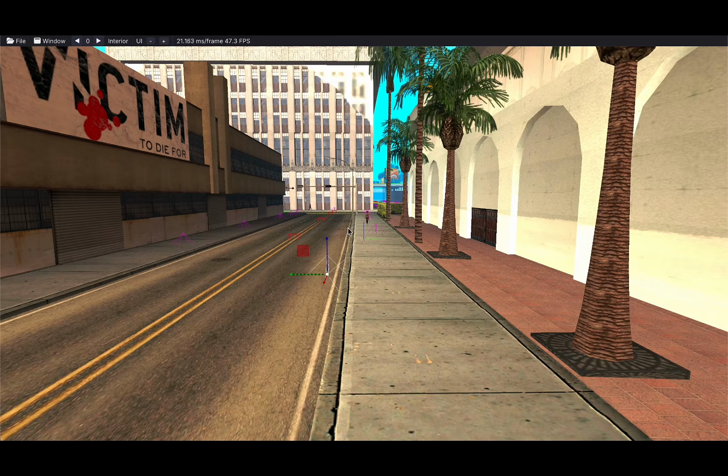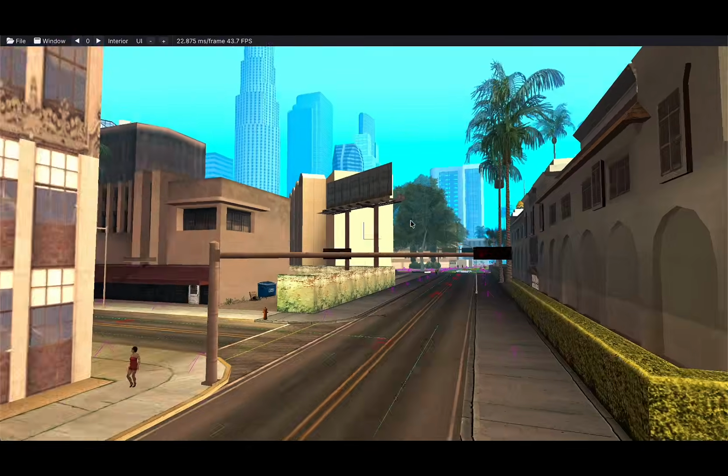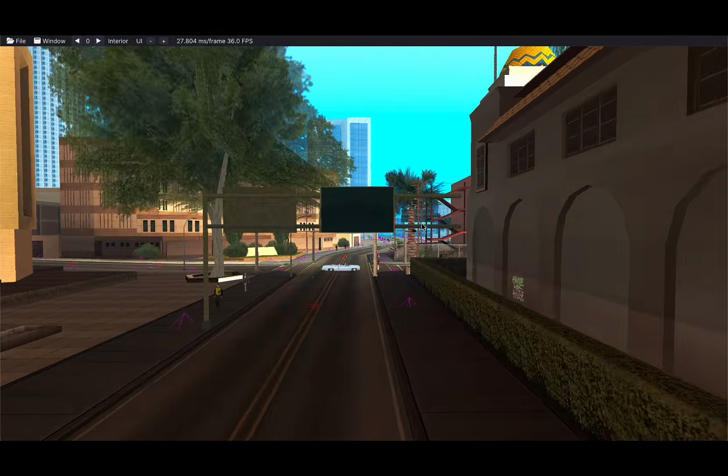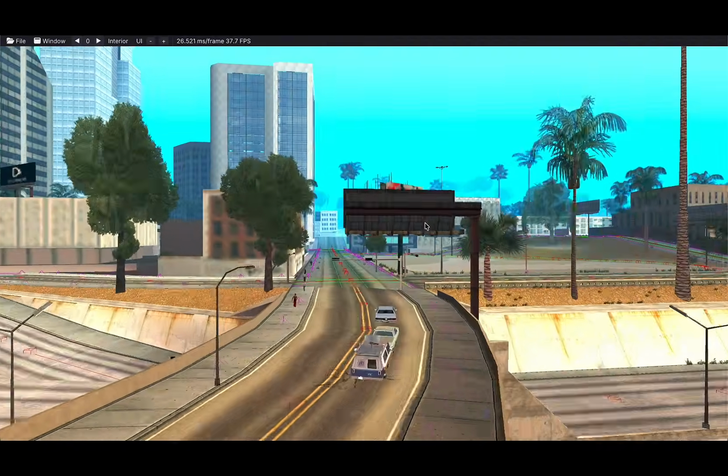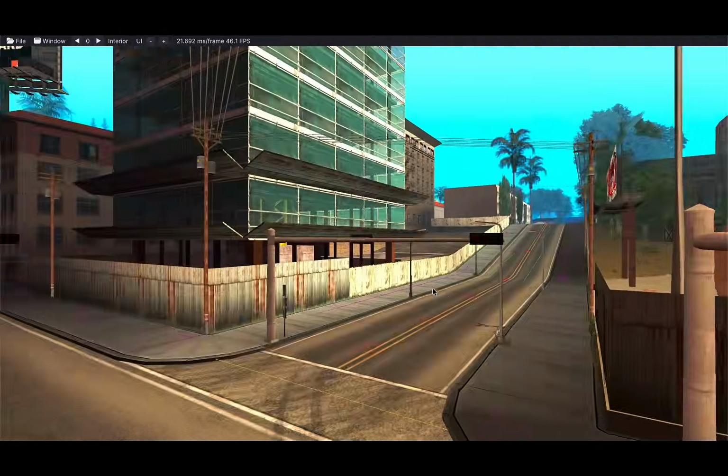So yeah, have fun, guys. This program is really to help you make better maps, easier, and just to keep GTA modding alive. It's my little contribution, so have fun, and I will see you guys